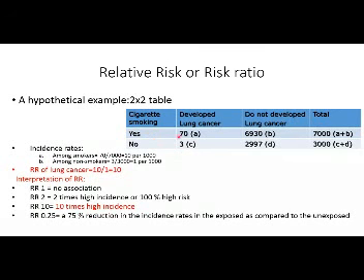Then if we calculate the same data, this relative risk will come out to be 1 divided by 10. This is coming out to be 0.1. 0.1 means there is 90% protection, 90% reduction in the incidence rates of polio. So if the relative risk is less than 1, this means there is protection in the incidence among the exposed.